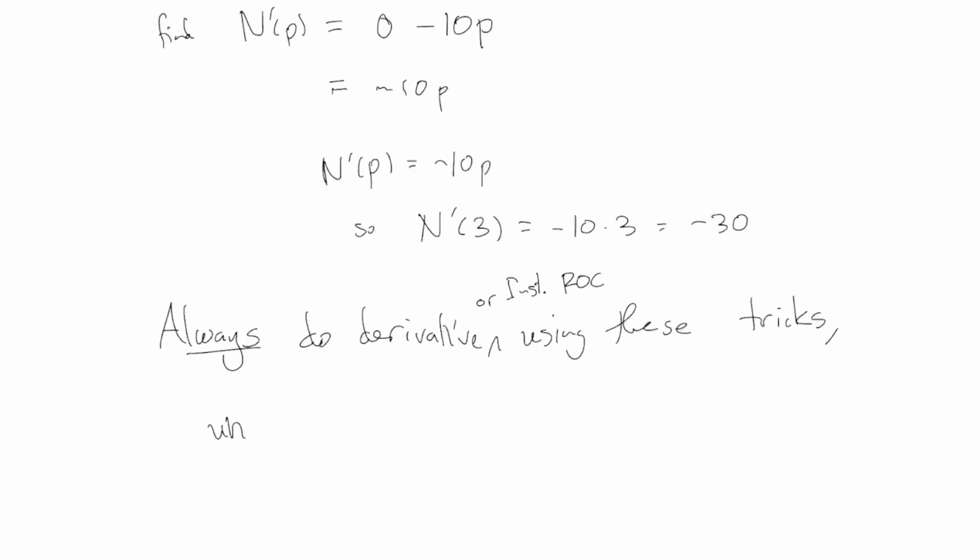Those are the same thing. When you see a question in general in this course about the derivative or the instantaneous rate of change, you should always do it in this way with these tricks, except, or unless I say